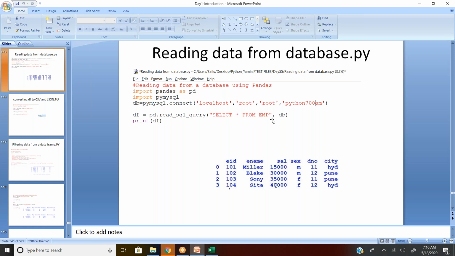So select * from emp table, comma, the entire connection, whatever you have in the previous step, db. So from this connection, by writing this valid SQL query using read_sql_query, which is part of pandas, the system is going to extract the data and store it into df. When you print df, you can see the data extracted from SQL.